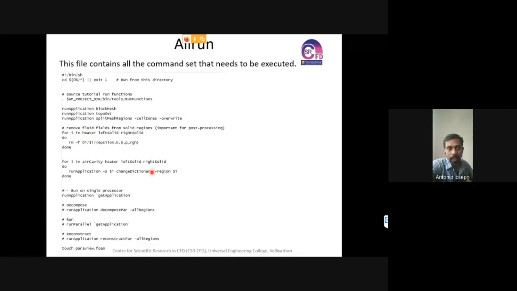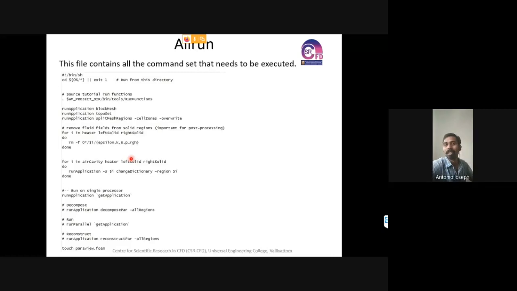Region wise, we will have different regions, isn't it? Between a solid and a fluid domain will be a region, and the heater and air cavity will be another region. For all these regions, changeDictionary will be executing the commands and producing the boundary conditions as per the values that we specified in that particular dictionary file.